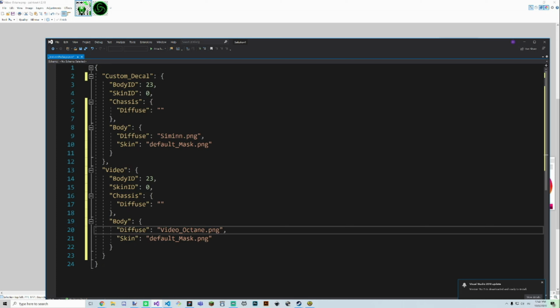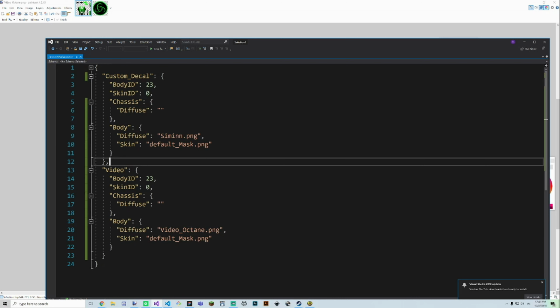So video body ID 23, that's the Octane body. Skin ID 0, that's just a blank non-decal. And if you wanted to use another decal that other people can see, for example Mainframe or Interstellar, you just have to locate the ID of that specific skin and type it here. Then instead of people seeing you with a normal Octane with no color or one color, just default non-decal. So yeah, then I'm just gonna save this